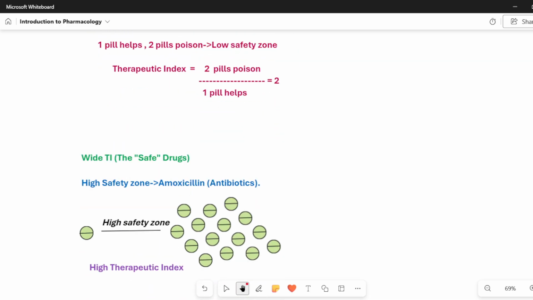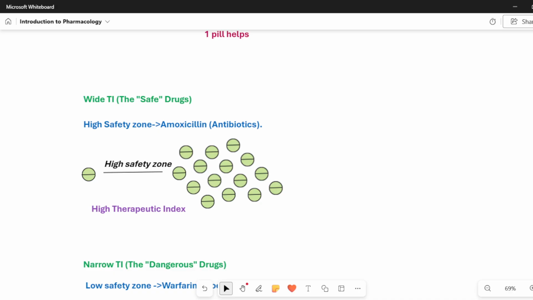Now we have seen both, right? So depending on that, you have two types of therapeutic index. Wide therapeutic index drugs are considered the safe drugs because of the high safety zone. See, one tablet I have and I have 100 tablets here, so we are getting a high therapeutic index. An example is the antibiotic amoxicillin.